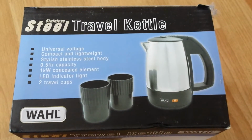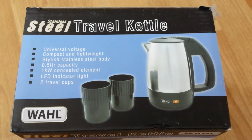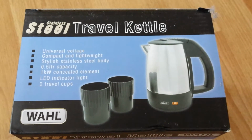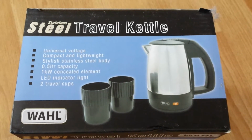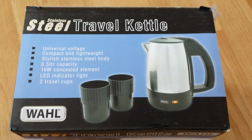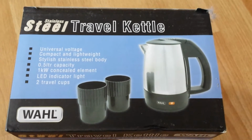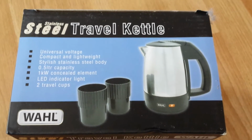This is a stainless steel travel kettle manufactured by Wahl, and I purchased this from Amazon. It comes with a 3-pin plug. It's a universal voltage, compact and lightweight,